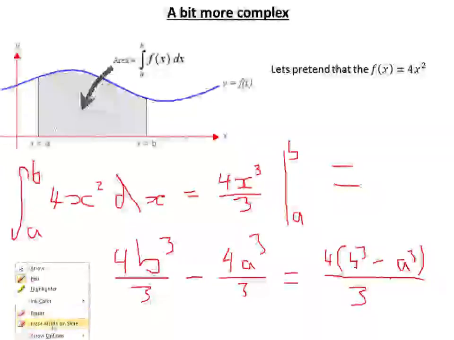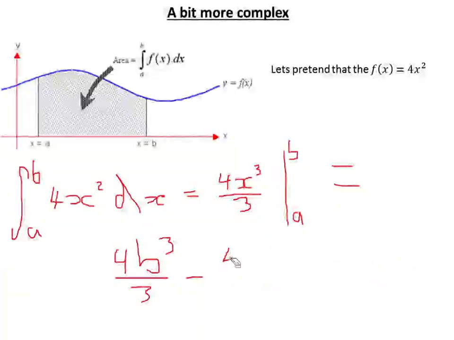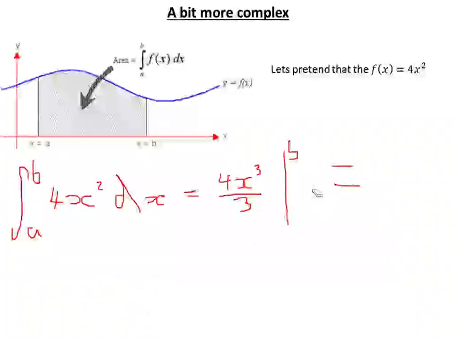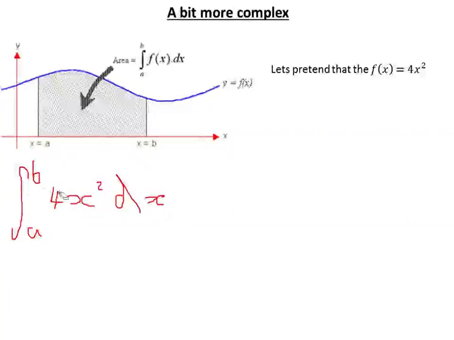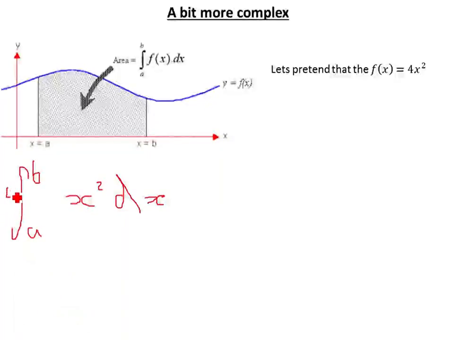And there is a rule that we can use. If I just go back to what I said about taking the 4 out, I'll just use this eraser. Bear with me for a second. Just going to have to erase all this out. You can take the 4 out and put it over here. And then, because as you saw when we grouped it as 4 times b cubed minus a cubed